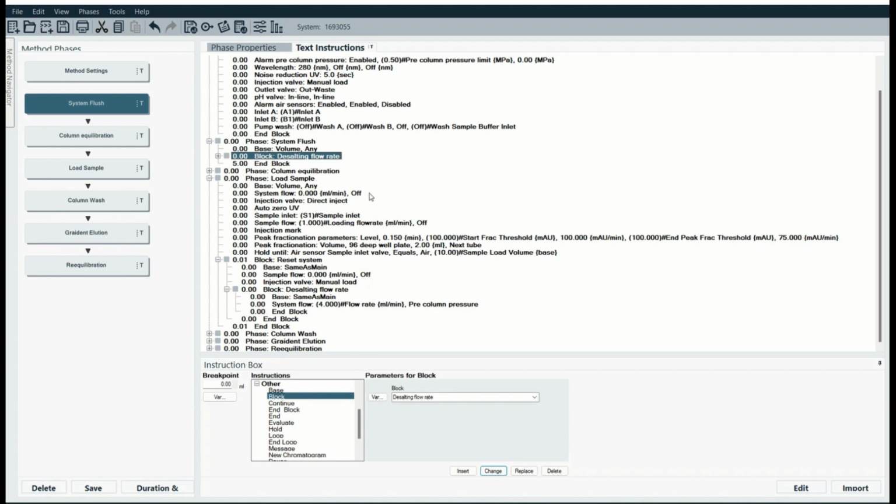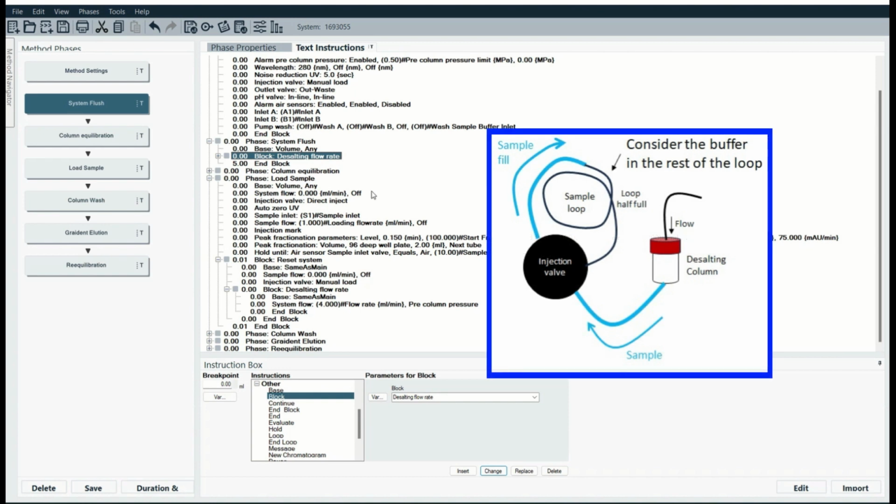If we have the injection loop, like if we only fill it up part of the way, let's say we only fill the injection loop up with like 6 mils, and then we flush out the entire thing, well, we're going to have 4 mils of the old buffer sitting in that injection loop, right? So we want to flush out the entire injection loop with the new buffer completely. So we're going to change